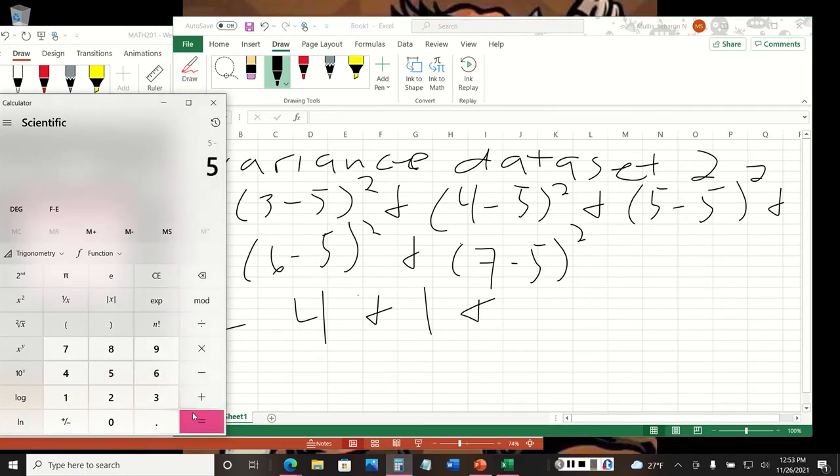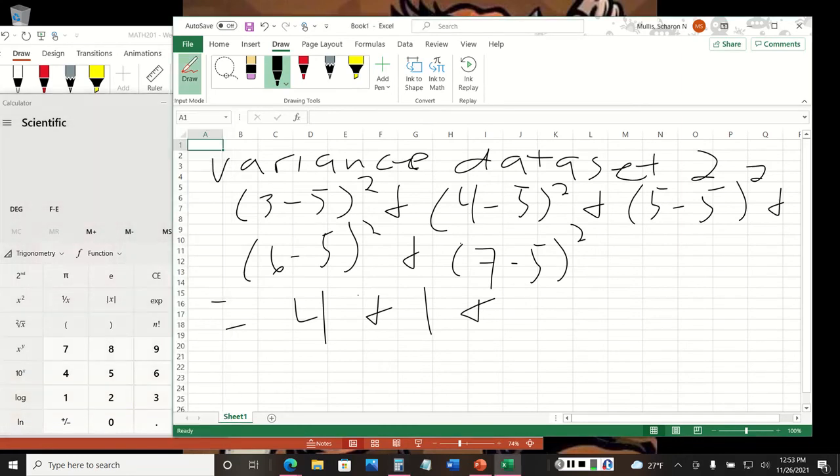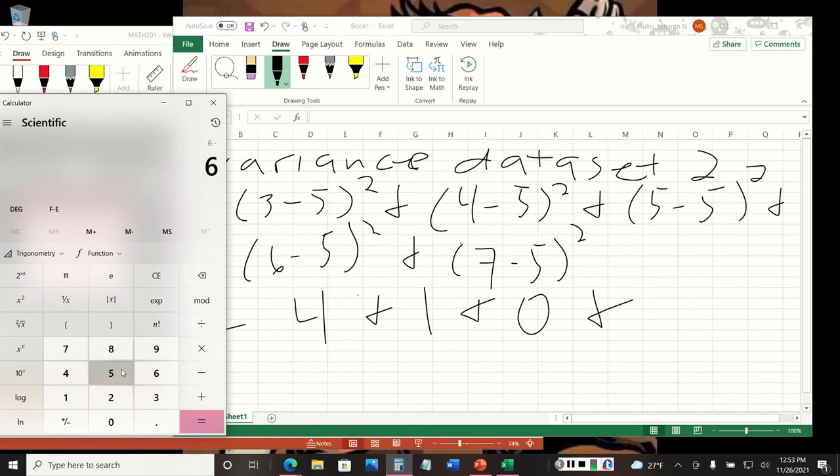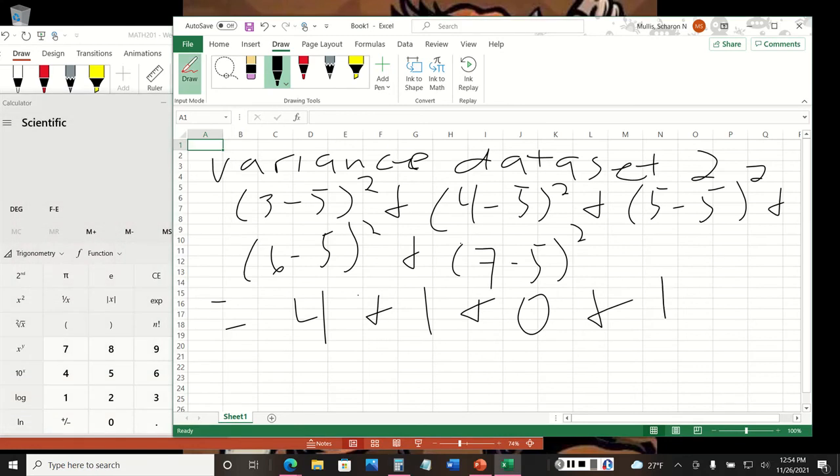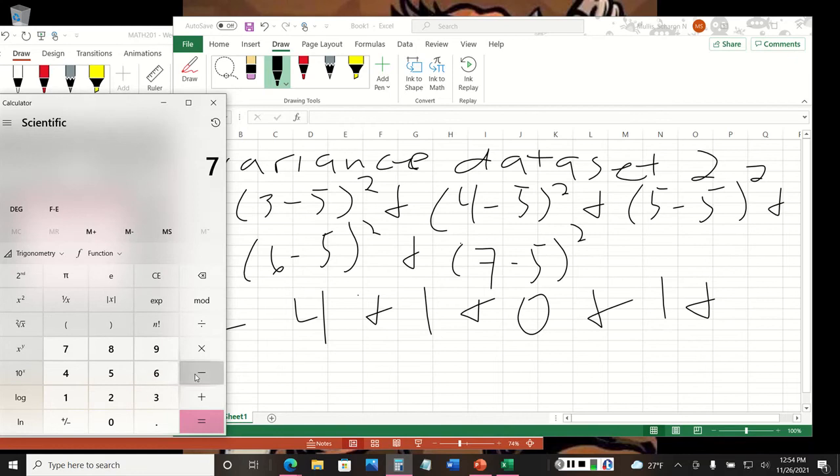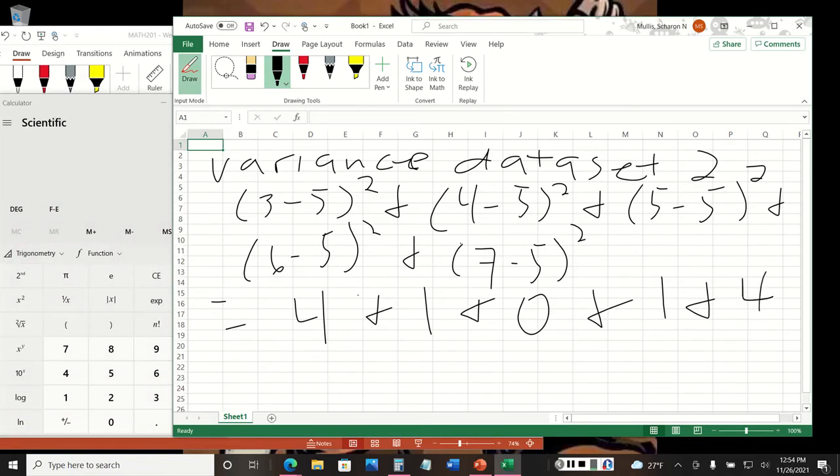5 minus 5 equals 0, and 0 squared is just 0. Plus 6 minus 5 equals 1. We square the 1. So that's 1 plus 7 minus 5, and we square the 2. That gives us 4. Then we add all of these numbers together, and since we're adding, we're going to get